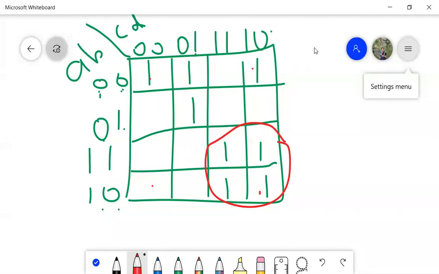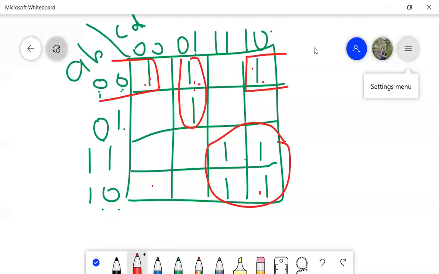Next, what did I tell you? We have to group the pairs. So this I have grouped. This is the pair. Next, this one is left out and this one is left out. I can group this one along with this one. But what happens when I group these two? This one will be left out. But I can also group it like this. Now, how many groups did we get? We got 1, 2 and 3. These are known as the essential prime implicants.